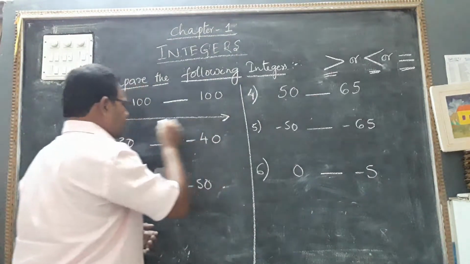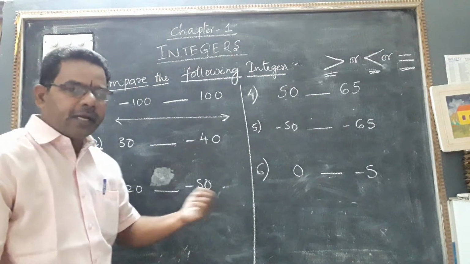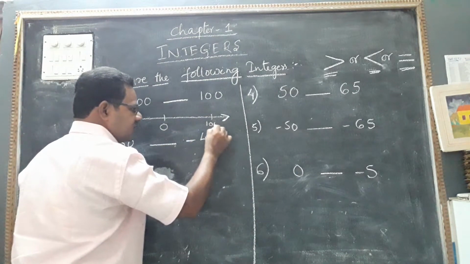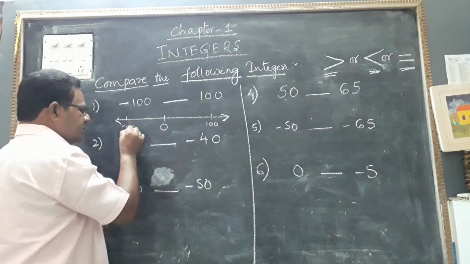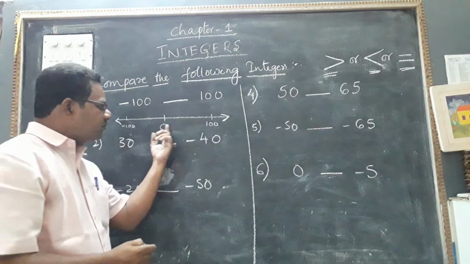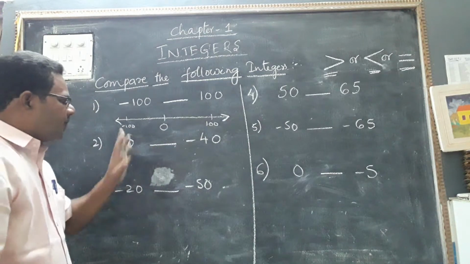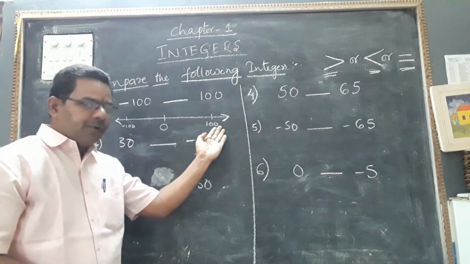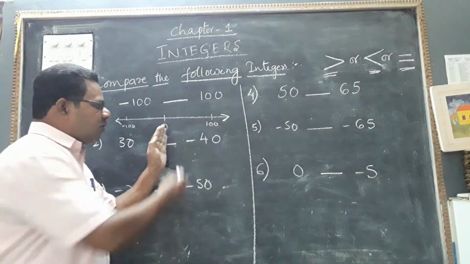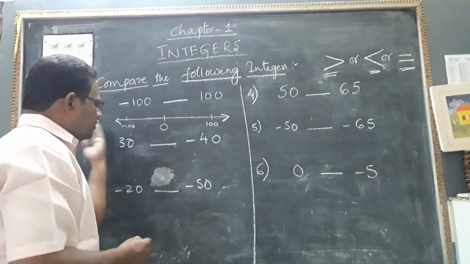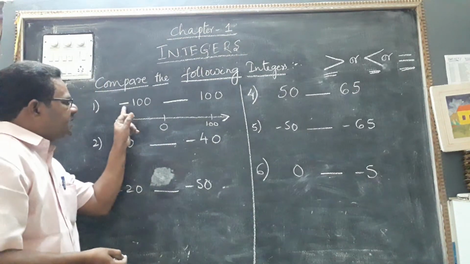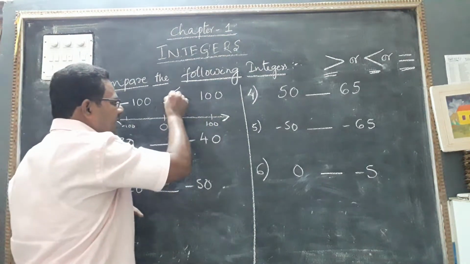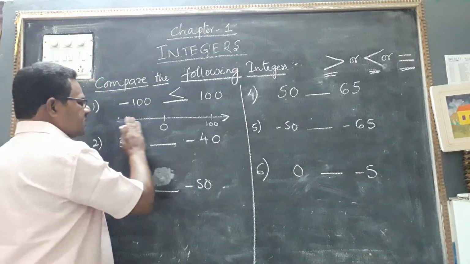Simply, if you draw a number line, here itself you can draw with the help of a pencil, or in the right margin you can draw. In the middle you have to write 0. Plus 100 means this one, this side, right hand side. Minus 100 means this is left hand side. If you observe these two, what can you conclude? This is the negative side, this is the positive side. So from 0 to the right hand side all are bigger numbers and the left hand side all are smaller numbers. So minus 100 is less than plus 100. So which symbol can be used? Less than. Okay. So this I am going to erase.